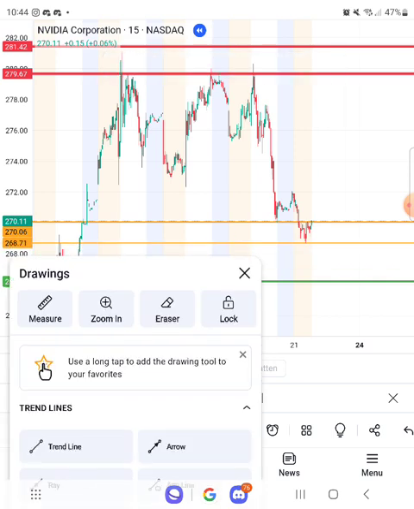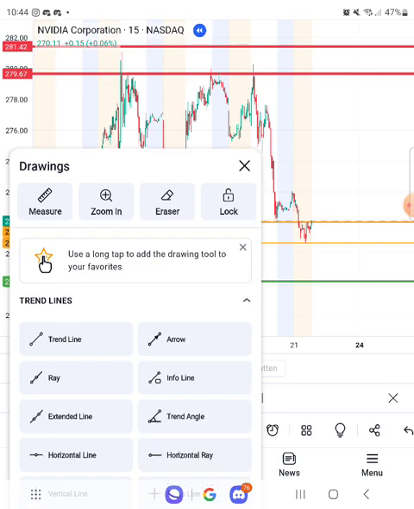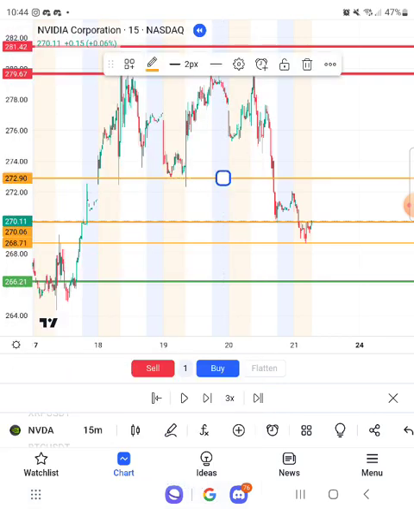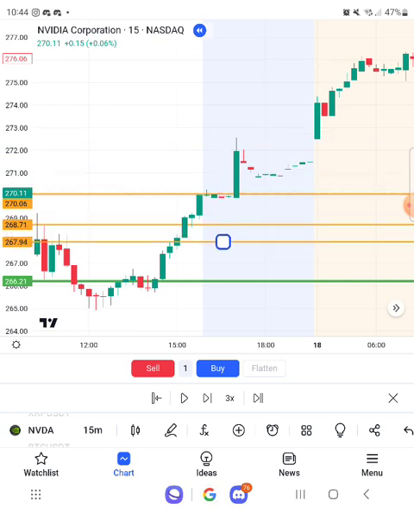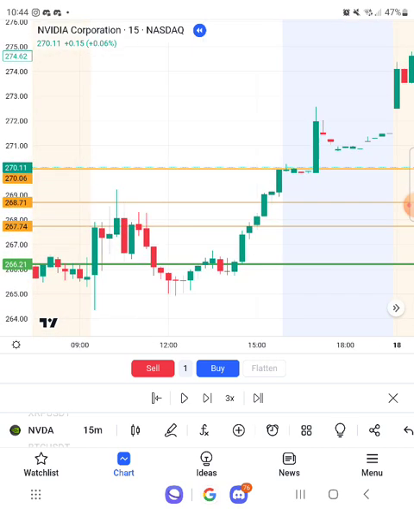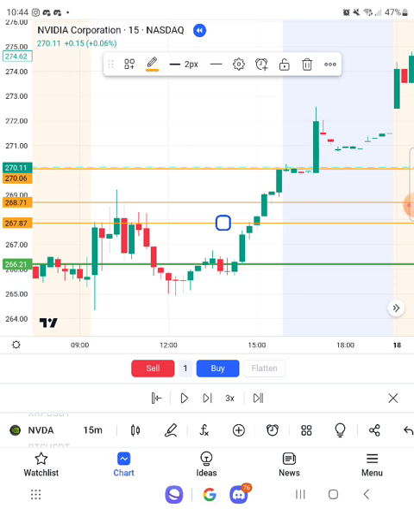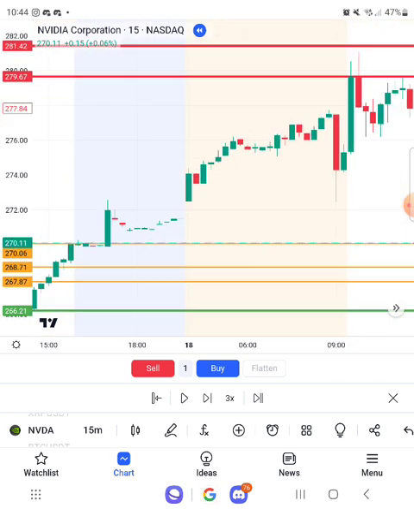Okay, that's my first zone. I'm going to draw the second one, and you want to make sure that whatever you draw, the wicks touch each other. And I also want to decide how far I can go. Okay, we're in the 15 minutes. I'm going to mark there.